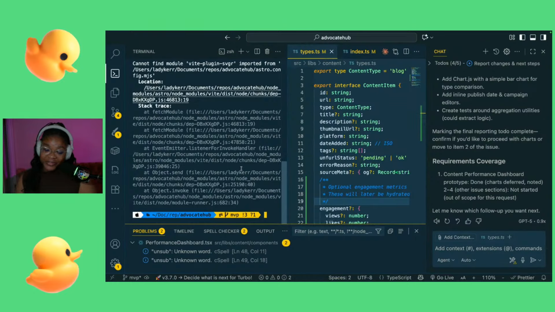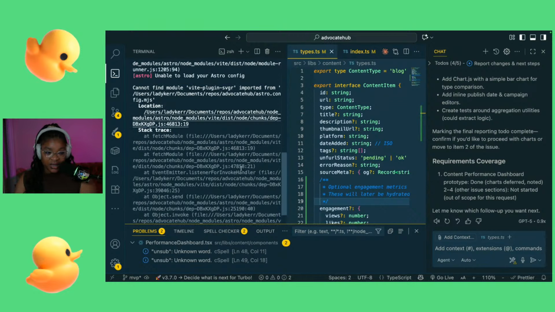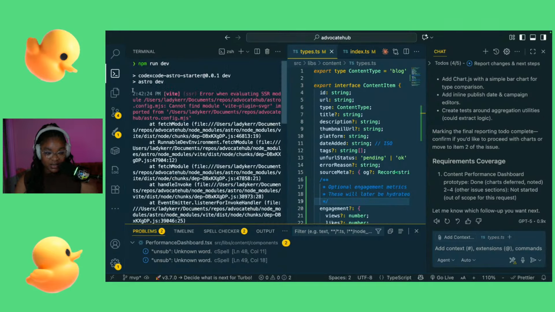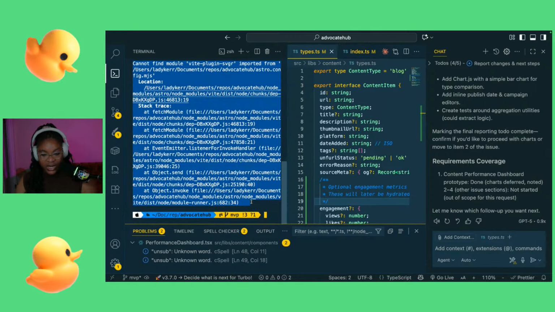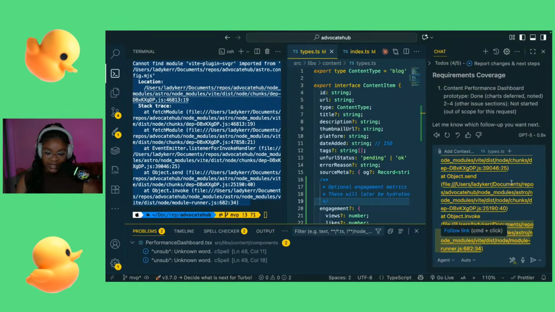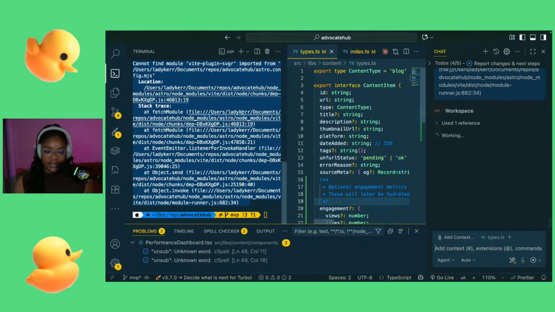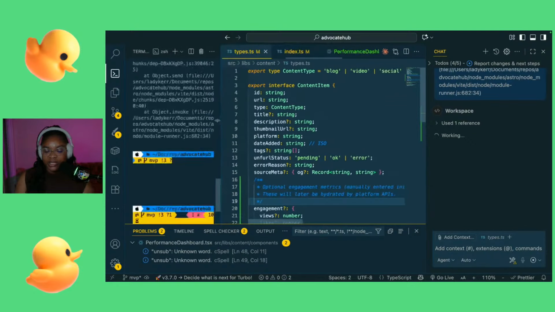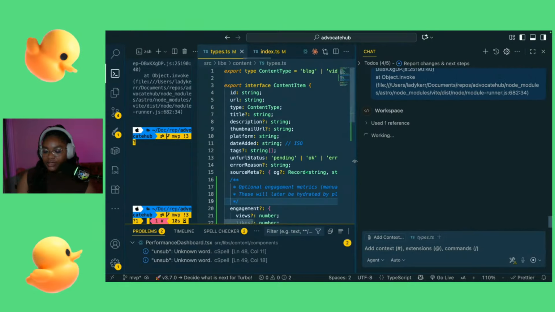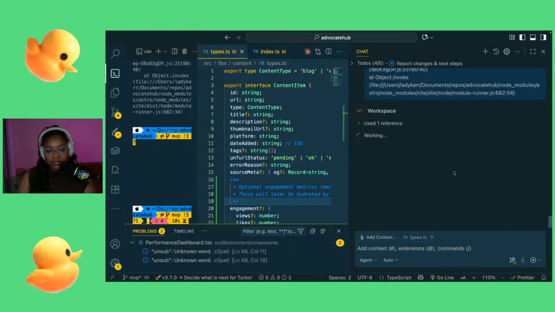Honestly, I'm not in the mood for debugging. I'm not even gonna lie to you. But let's see if I can send this over. I wonder what model Copilot will choose to help me debug this issue. So if I do /fix, there's a /fix command. I'm just going to paste the issue. I'm going to leave it on auto, and I'm just going to send that over. I wonder if it's still going to use GPT-5 again to attempt to resolve this issue. But again, you can always just read the error message to see what it's saying and fix it yourself.